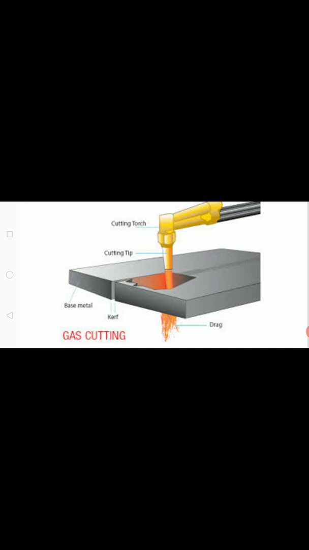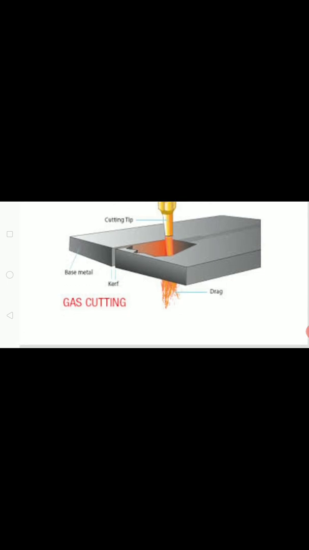Then afterwards it is moved either backward, forward, or sideways, and it goes on cutting because very high temperature is involved with the mixing of the desired gases at the tip of the torch. It is exactly similar to the oxy-acetylene torch, but the desired flame can be used according to the type of metal or alloy being cut. The gas cutting operation and principle are shown here. Look at the picture and obtain the concept of gas cutting.